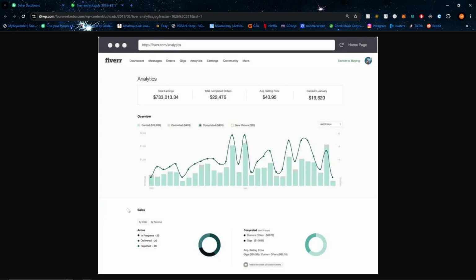You'll be able to see the performance of each gig that you have, including the click-through rate. The click-through rate is one of the most important features of the Fiverr Analytics, as it shows you which one of your gigs have the most impressions. From here, you'll need to see what differentiates that one gig that has more click-through rate compared to the others,